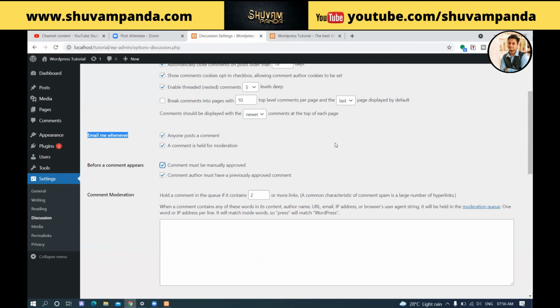Comment moderation. If you want to block something, or do some bad word filter, here you can do it. Hold a comment in a queue if it contains two or more links.